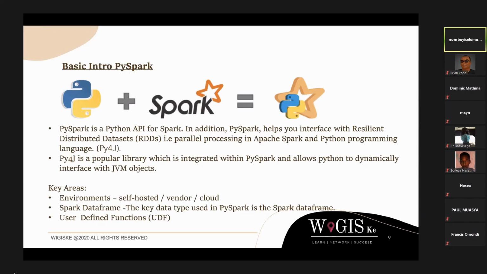That's the main ideology behind the workaround of using Python as a big data analysis language, so to speak.